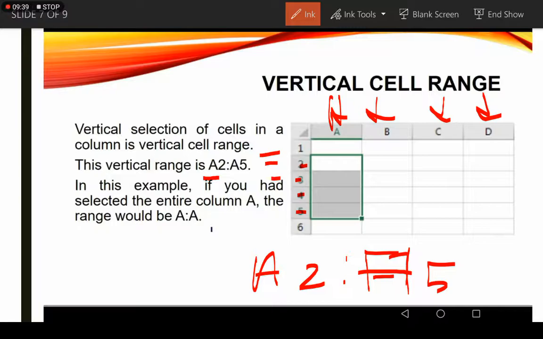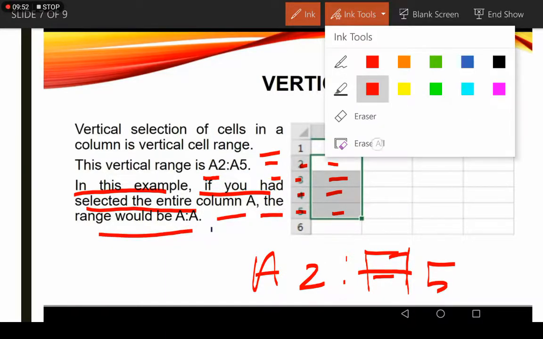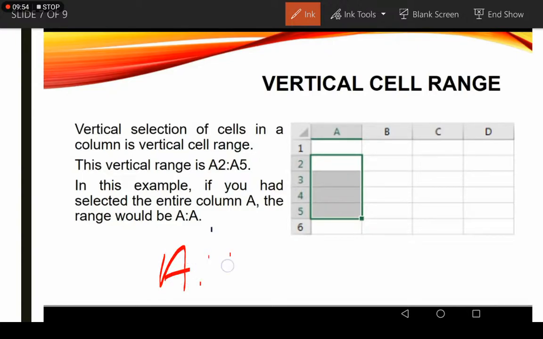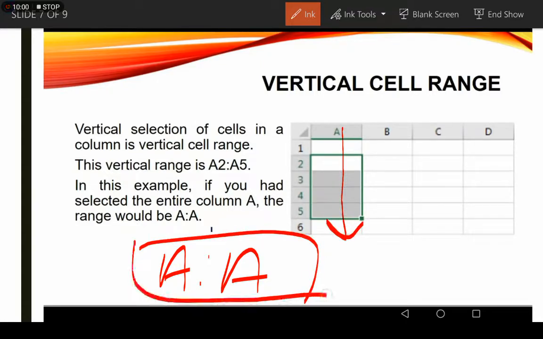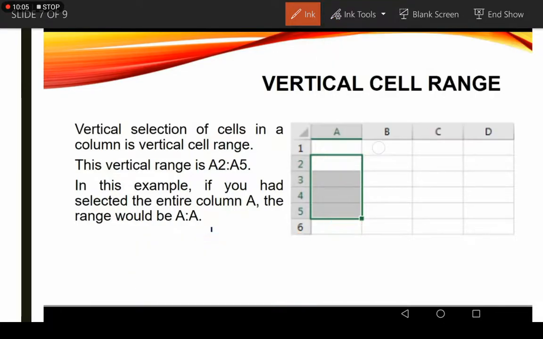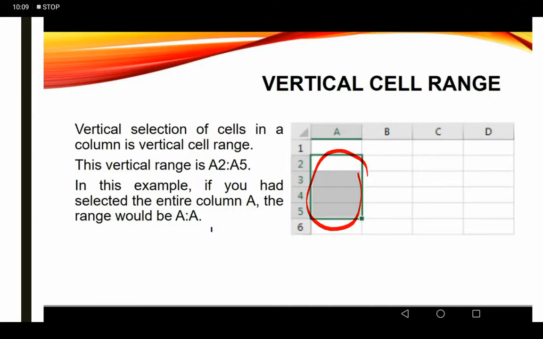It indicates that the cells A2 to A5 are selected. In this example, if you had selected the entire column A, the range would be A colon A. It means if you want to select the complete column, you will write A colon A. So this is called vertical cell range.